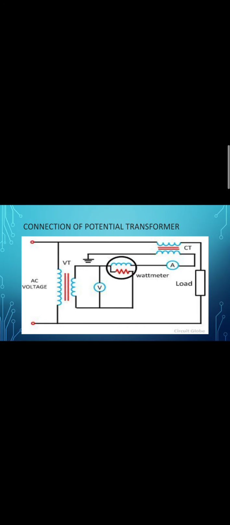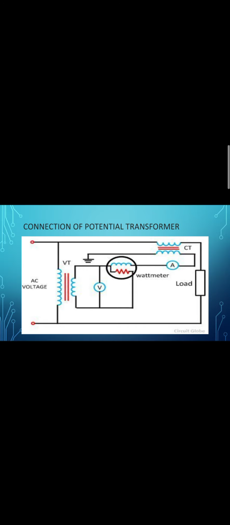You can clearly see from the picture that the primary winding has a very large number of turns of very thin wire, and the secondary winding has a very small number of turns. For reducing the leakage reactance, the coaxial winding is used in the potential transformer. The insulation cost is also reduced by dividing the primary winding into sections, which reduces the insulation between the layers. This is the connection diagram of the potential transformer.